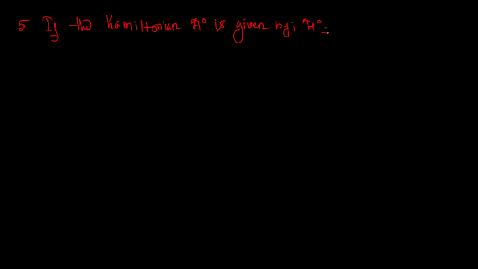Moving to question number 5. If the Hamiltonian H0 is given by h cut square by 2m delta r square, the value of